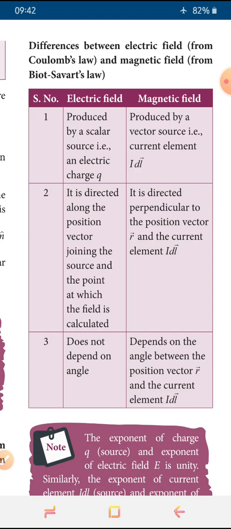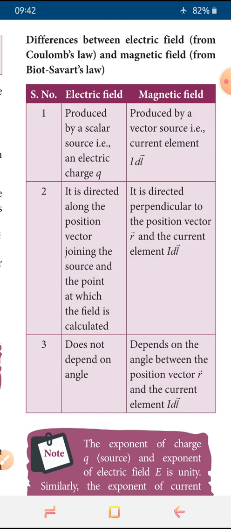So first point, electric field is produced by a scalar source, that is electric charge Q, and magnetic field is produced by a vector source, that is a current element Idl vector. Then second point, this direction is taken along the position vector joining the source and the point at which we are calculating the field. For example, in this Biot-Savart law we used a target at the point P, and this magnetic field is perpendicular to the position vector r